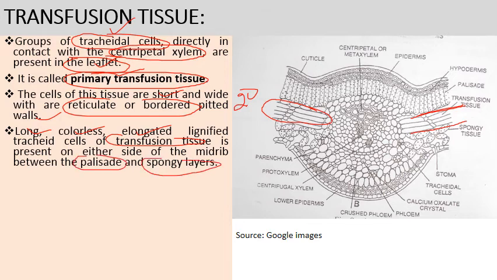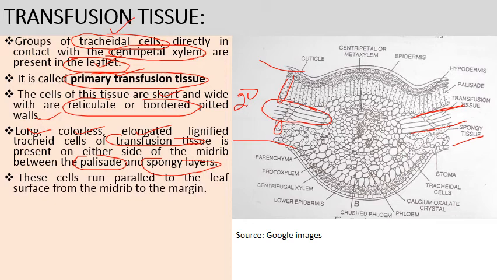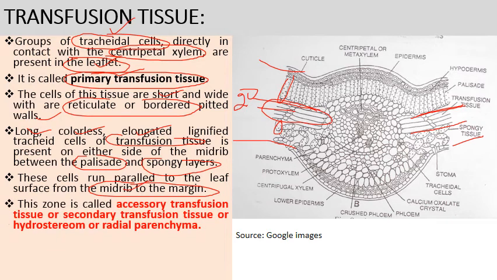So कुछ एक cells होते हैं which are present in this wing region और ये present होते हैं palisade और spongy parenchyma के बीच में, and this tissue forms the secondary or accessory transfusion tissue and these cells run parallel to the leaf surface from the midrib to the margin. और ये जो cells हैं ये run करते हैं parallelly to the leaf surface from midrib to the margin, midrib से margin तक, and this zone is known as accessory